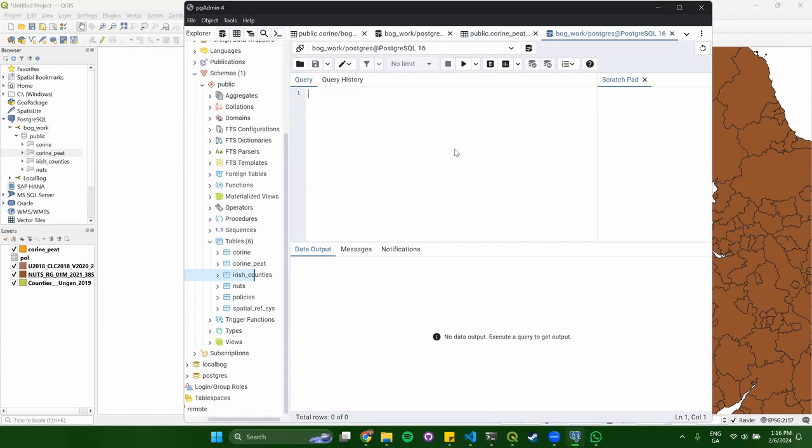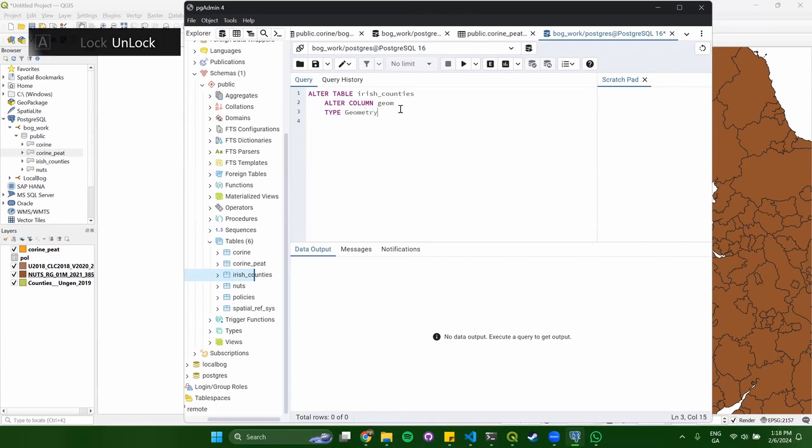The query that we're going to use is alter table Irish counties, alter column geom, type geometry multi-polygon,